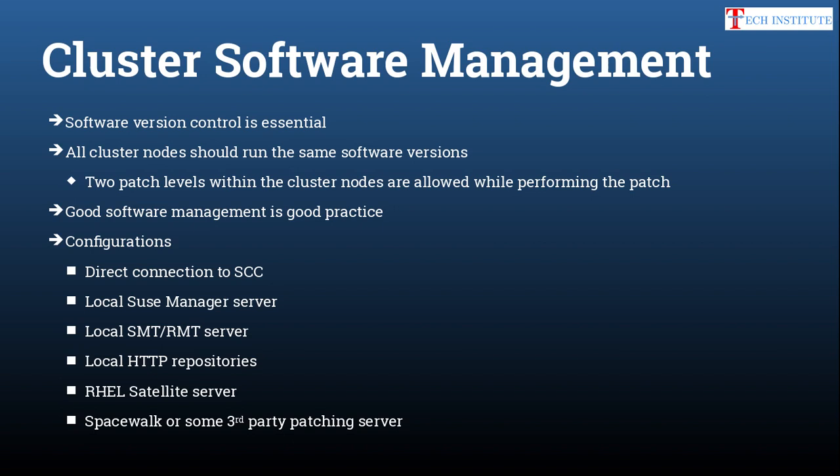The problem is you cannot have the automated sync, so every time you want to sync your packages, you have to manually sync it and put it in the HTTP repository. So that is a manual effort. Satellite, again, is a good solution, but this is from Red Hat, and here also some extra configuration is required, and here also you can have that control. You can have separate branches for each software so that you install it in different places. But for RHEL Satellite you have to have a license.